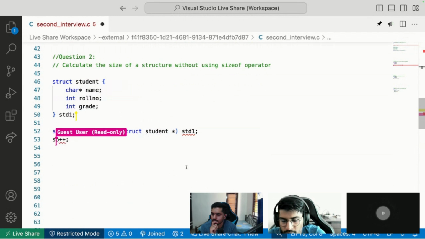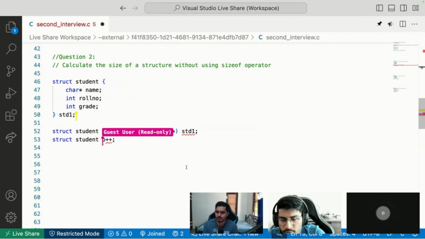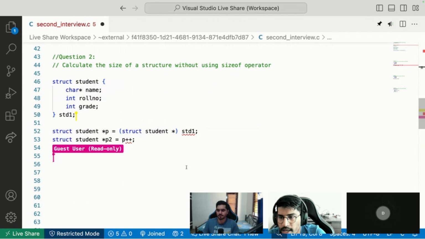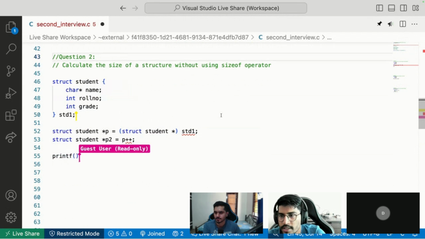Just to be clear what I mean, let's say I do another pointer p2 equals p plus plus, and I can print maybe the